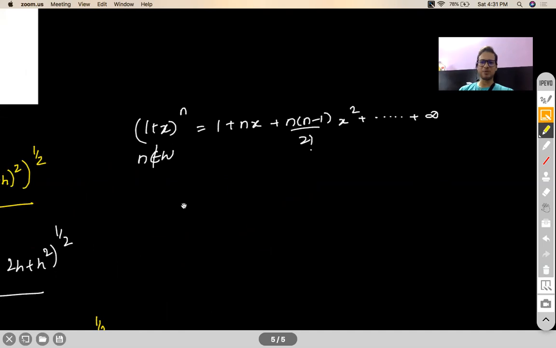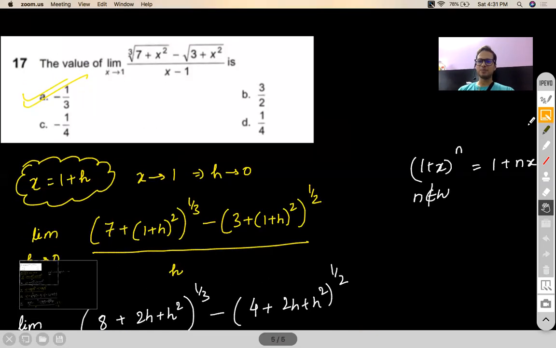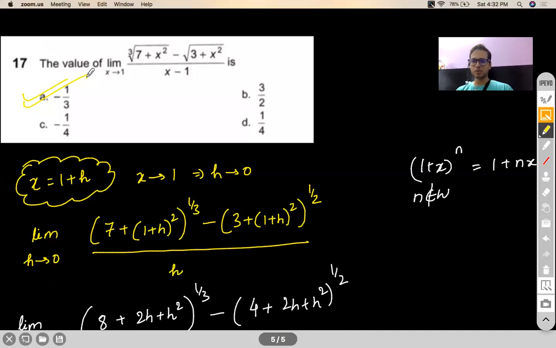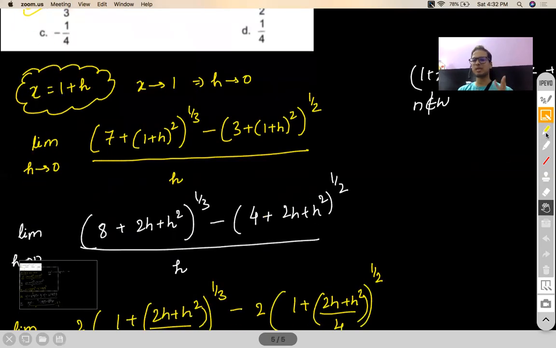Okay. See, what I did was, first of all, I converted this limit to another limit question by making an interim substitution of x as 1 plus h. So as x tends to 1, h will tend to 0. Now, what was the purpose for doing it? The purpose was pretty simple. I basically wanted to deal with such terms which I can ignore later on because they're tending to 0. If it was tending to 1, I have to ensure that I'm putting 1 throughout, isn't it? So I have to be more watchful there. So I converted it to h tending to 0 type of limit.